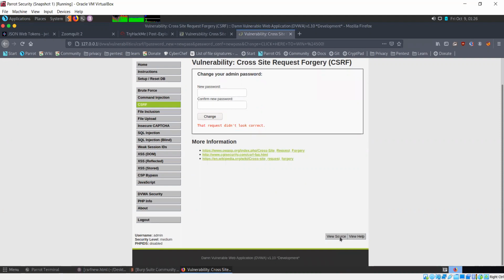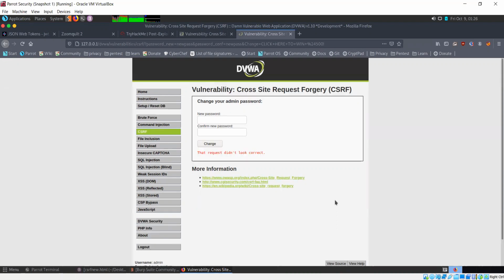So let's compare two requests in our browser. One where we use this page form directly, and the other when we use the other page.